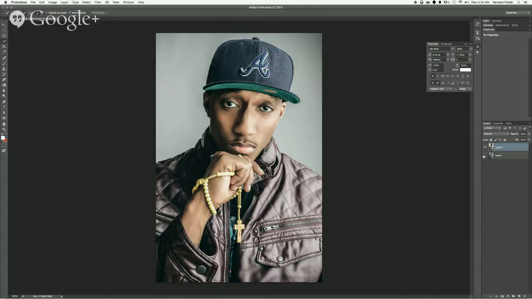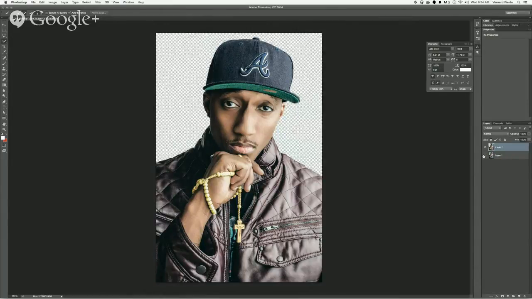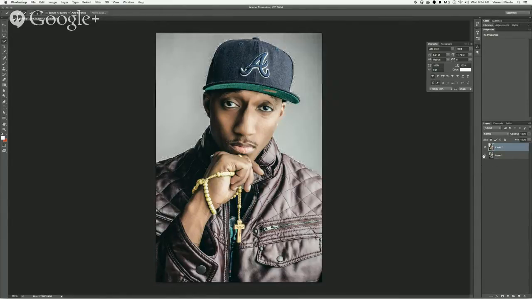So as you can see here, he is now cut out of that background, and that's cool. And another thing that you want to do too is you definitely want to get into the habit of naming your layers. And this is very important, because if you don't